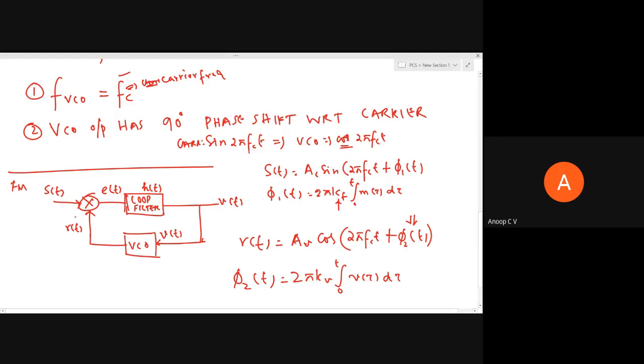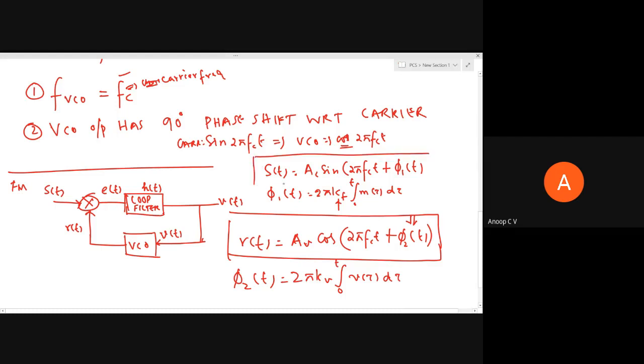So we have this S(t) and R(t). These two are getting multiplied. Now my question is, till here, are you able to appreciate what we have discussed? I've told what S(t) is and what R(t) is. Next, S(t) and R(t) should get multiplied and passed through a loop filter. Are you all able to note down what I mentioned till here? Everything is pretty much straightforward. Now, shall we continue?